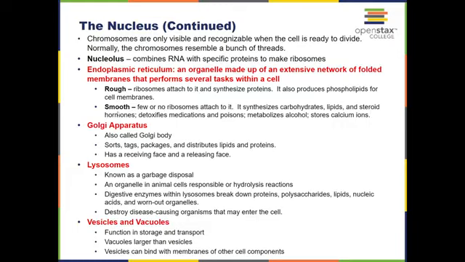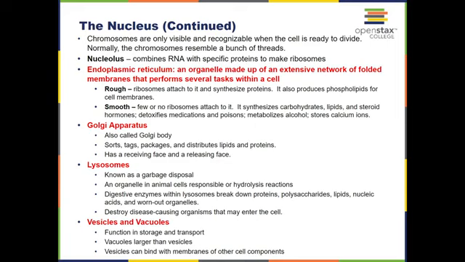Smooth ER, or smooth endoplasmic reticulum, has no ribosomes, so it didn't appear bumpy, so it got the moniker smooth. So it is not at all involved in protein synthesis. Only rough endoplasmic reticulum is involved in protein synthesis. Instead, we see a lot of functions like detoxification, metabolism, especially the metabolization of alcohol. We see storage of different types of ions. So osteocytes or bone cells have smooth ER that will actually hold on to calcium phosphate ions. Also, lipids and steroid hormones tend to be made and modified at the smooth ER and then sent to the